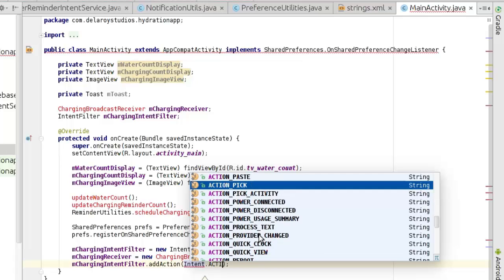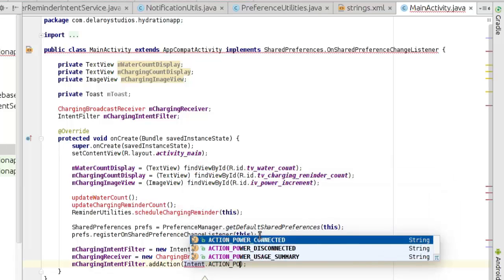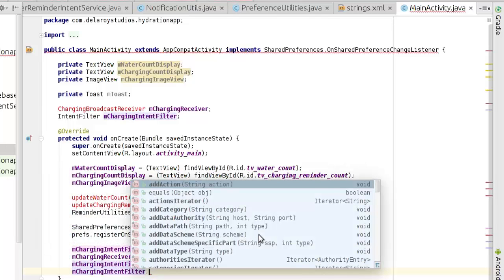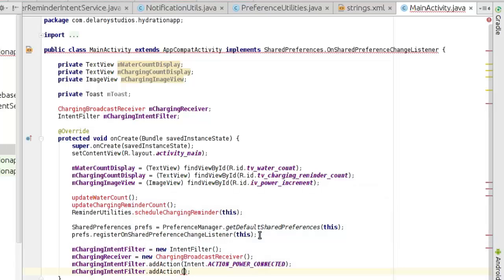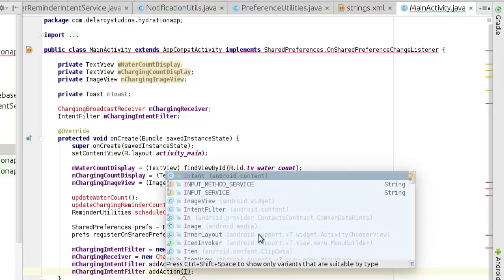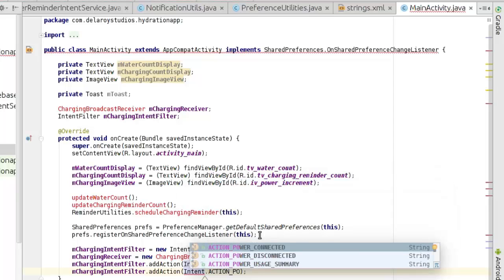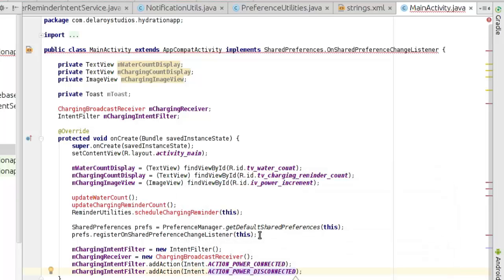Just type it. ACTION_POWER_CONNECTED, and close that right there. Just to call on the mChargingIntentFilter, we add another action. So this time will be disconnected. ACTION_POWER_DISCONNECTED. That's fine. So we're going to have the onResume, the onPause, and we're still going to have